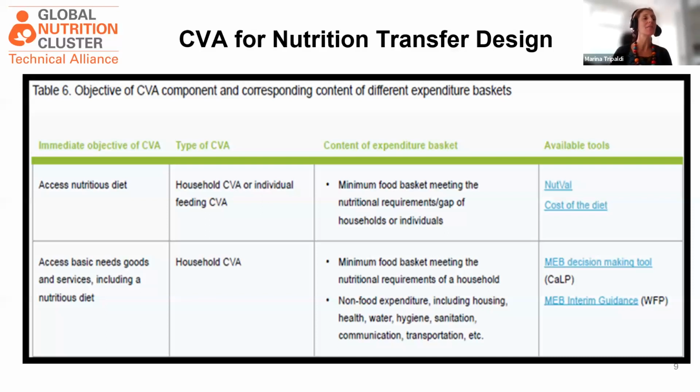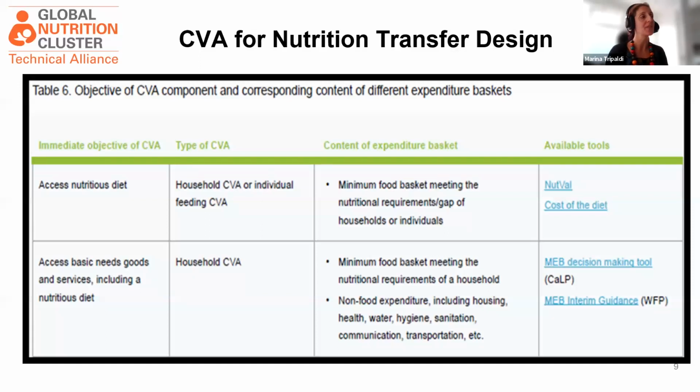And the transfer value can also be a combination. Actually, the evidence and guidance notes really recommend to provide an assistance that takes in consideration the needs of both the households and individuals. The Note Val and the cost of the diet are the tools that can be used to make this transfer value